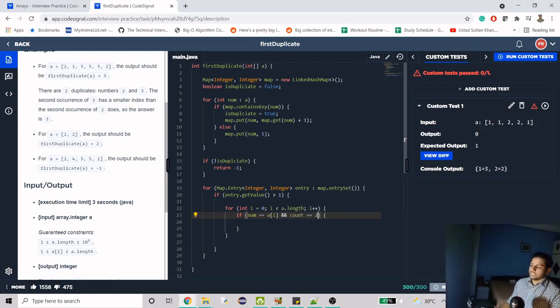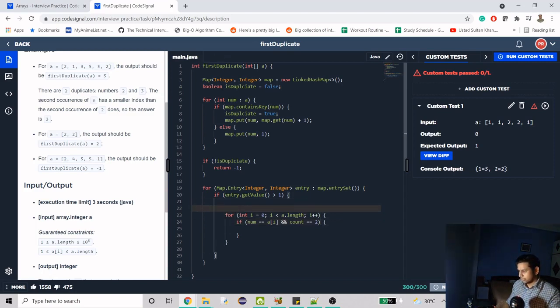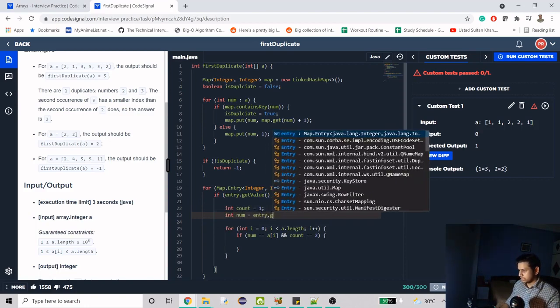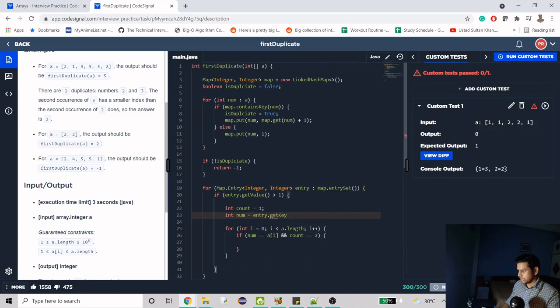Now what it is doing here is, this is the main condition to find if that number is the second occurrence or not. So we will hold on to this count also as 1. Now we need num here, which is entry.getKey().